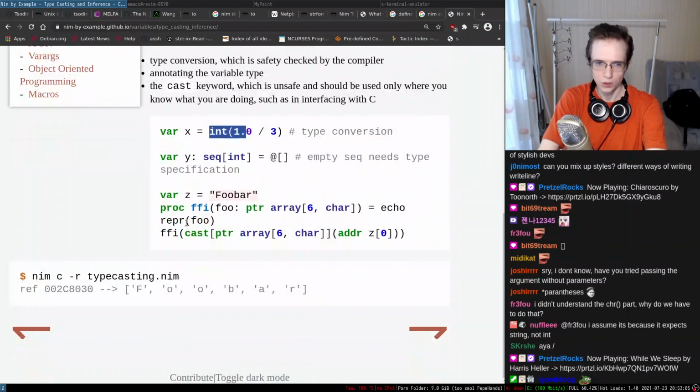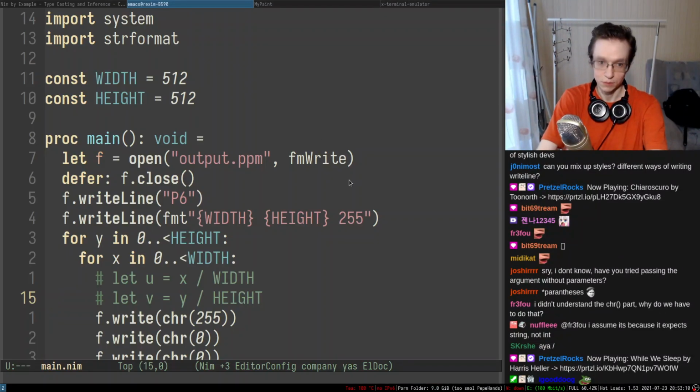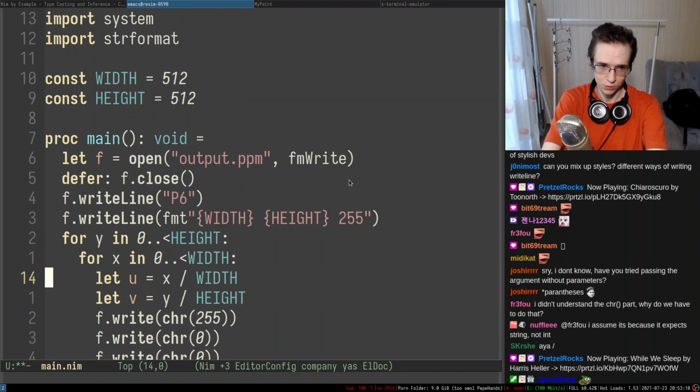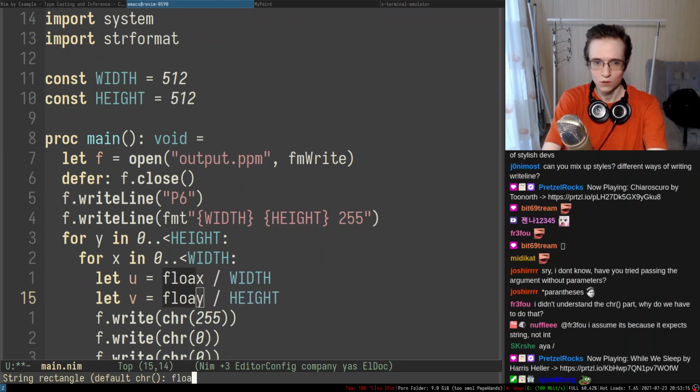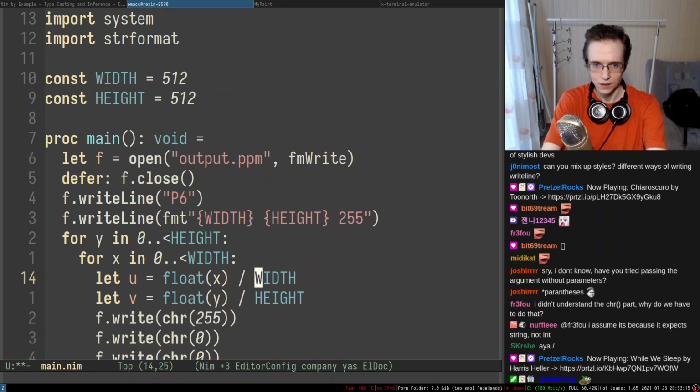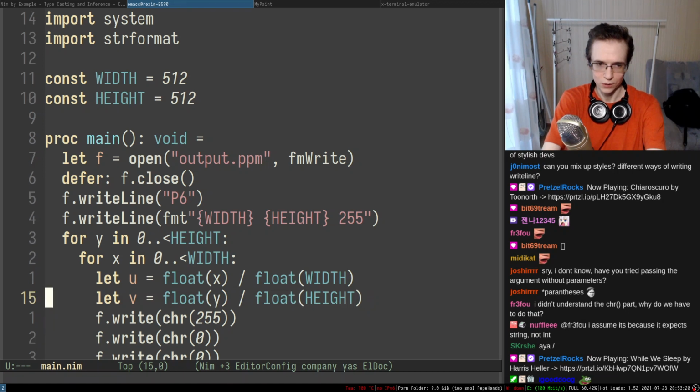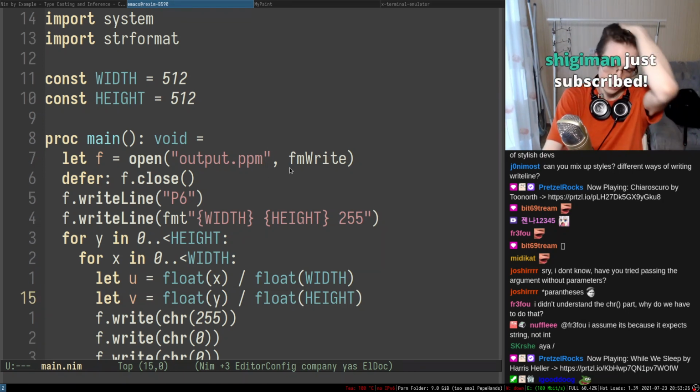Okay, so it's a type conversion, so you just wrap it in a particular type. So maybe that's precisely what we want to have in here. So I'm going to do float, there we go, and I'm going to just wrap it like that, boom. So another one is going to be float, and here is the float, there we go. And now we have UV coordinates.